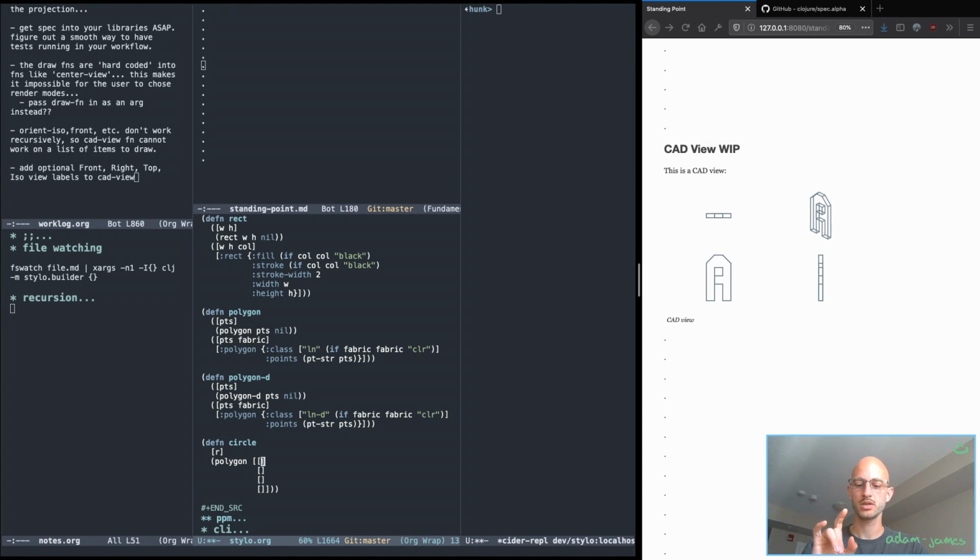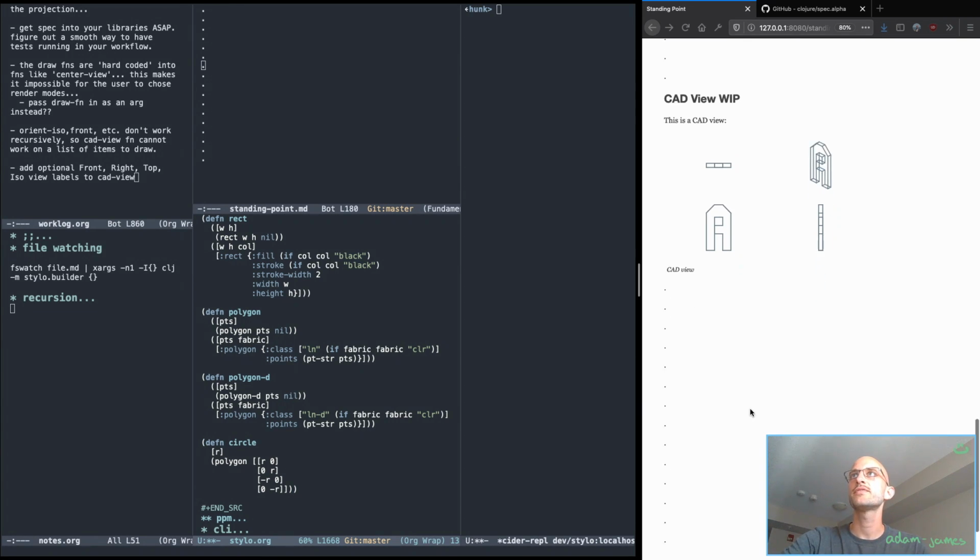So it'll be radius 0, 0 radius, negative radius 0, 0 negative radius, and then it goes back to the start. So that's a circle. And if I draw that,